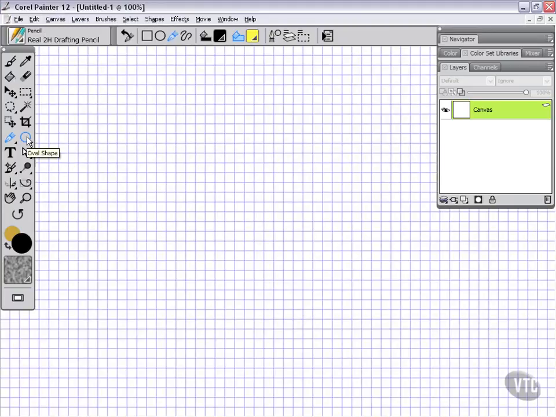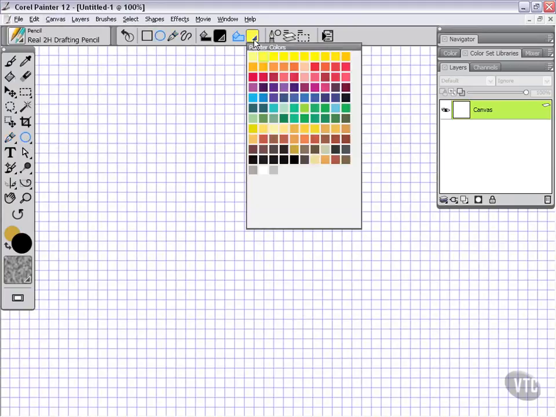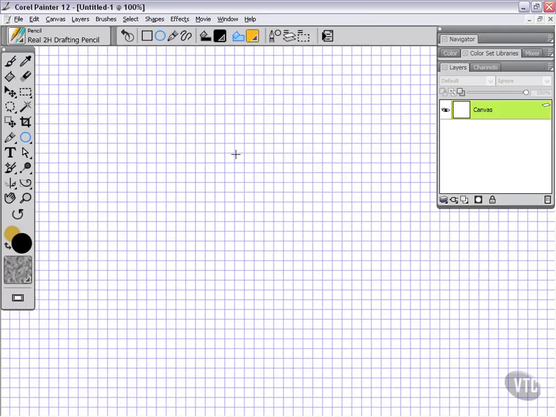So first off, I want to go ahead and start with the oval shape tool and get something kind of orangey yellow, like so. And what I'm going to do is hold down Shift, start here at one of these points, and drag out until it looks like we've got about 6 squares in there. All right, and then I'm going to come over here and grab the pen tool,